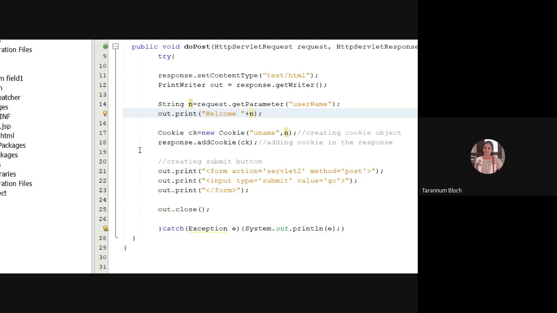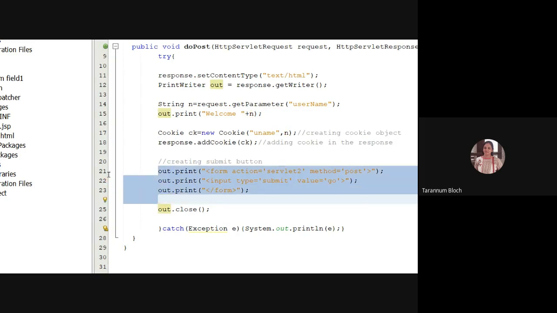Up till this point, your program is running on the server and we are trying to give all this as a response. So when we are going to give the response, with the second go button, right? At that time, you are adding the cookie also.